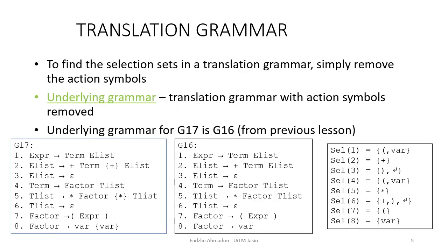When we talk about grammar, we have discussed three different types of grammars previously. We talk about simple, quasi-simple, and also LL1. For all these three types of grammar, we need to find the selection sets before we can do operations on them. This is similar to translation grammar, since translation grammar is actually an extension of LL1 grammar. Therefore, we need to find the selection sets for translation grammar. However, there is one difference. We can use the 12 steps